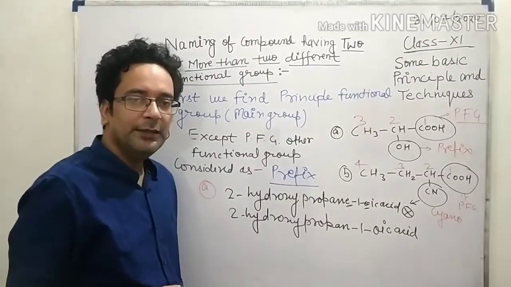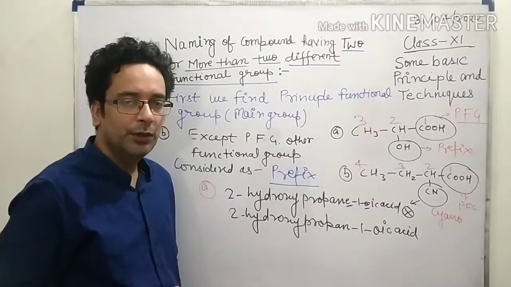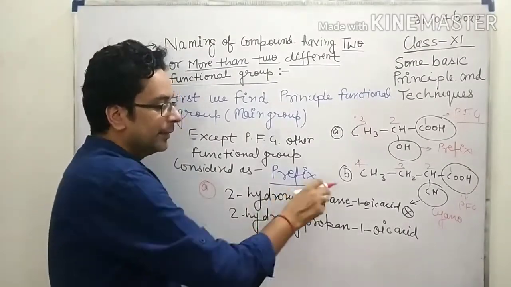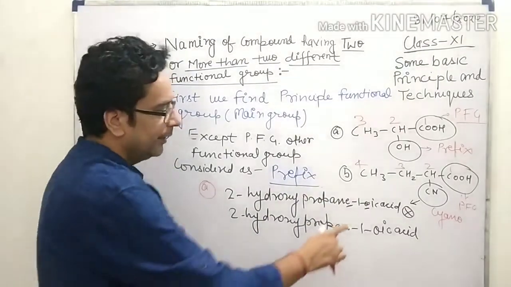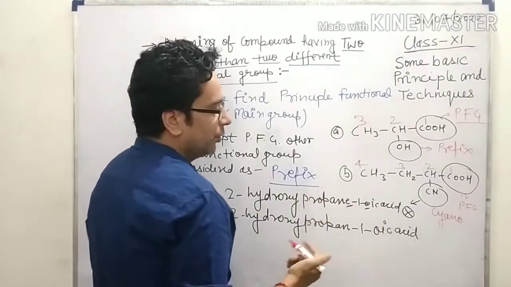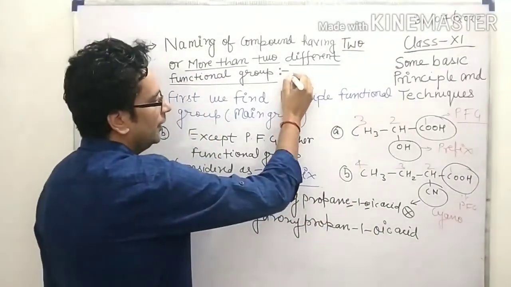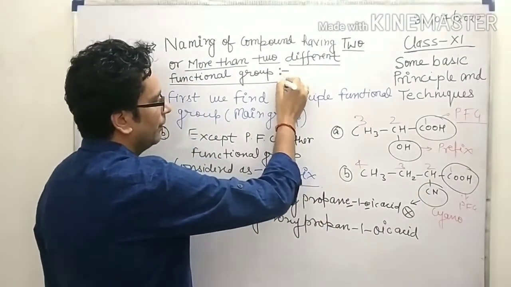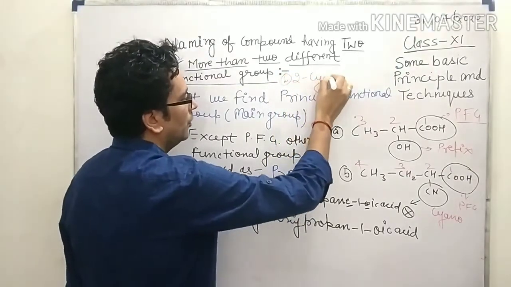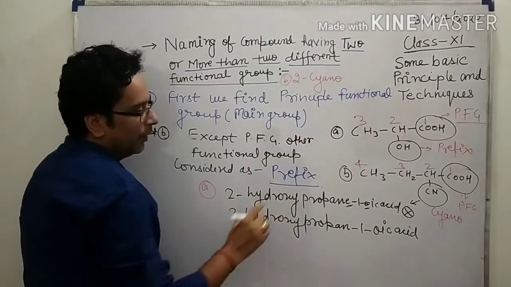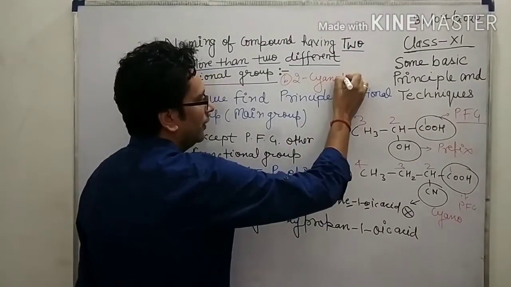When it is used as a prefix we use cyano, and when it is used as a suffix then we use nitrile. But here it is used as a prefix, so what is the name of B? 2-cyano. Okay. Total number of carbon is butane,